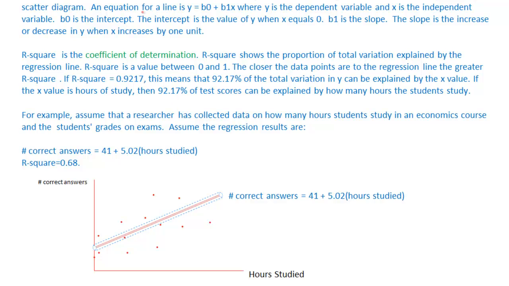Now, the next thing we want to do, so there's our equation. There's our line that I think best fits that, or at least pretty close. And now if I asked you, what is that r squared? What this is implying is, as it says up here, r squared of 0.68. It's not 0.9217, it's 0.68. This means that